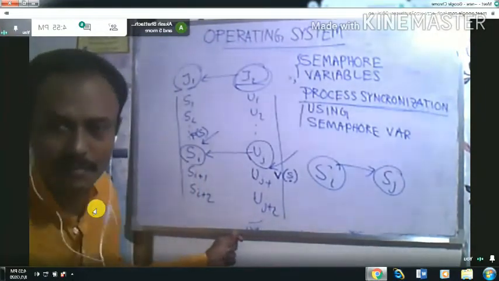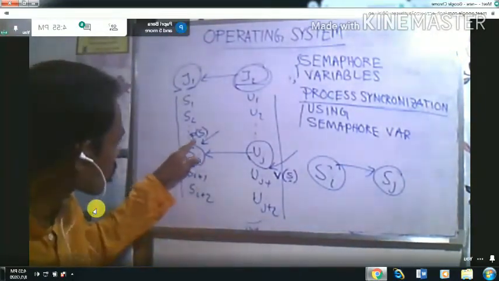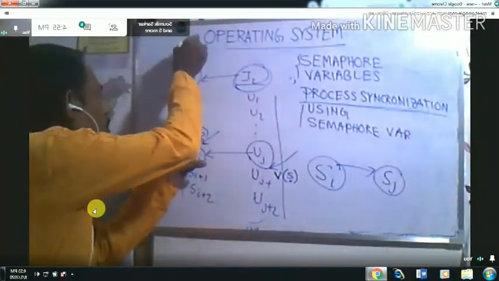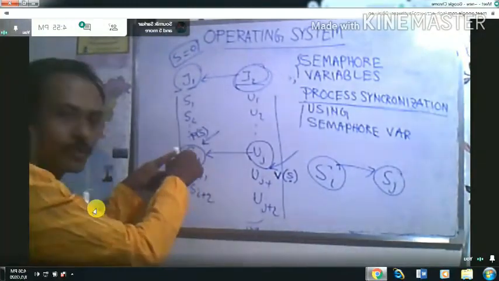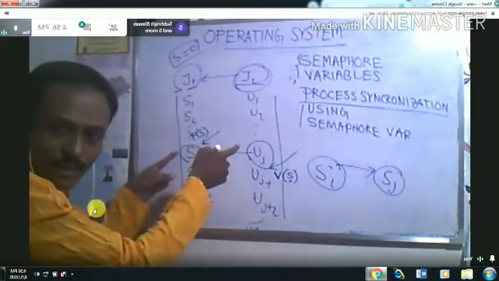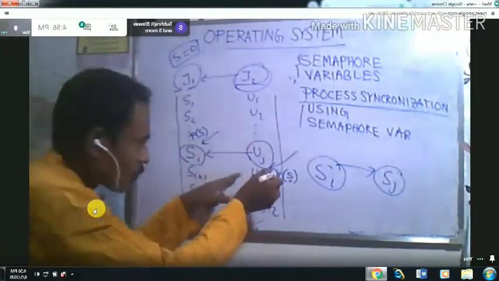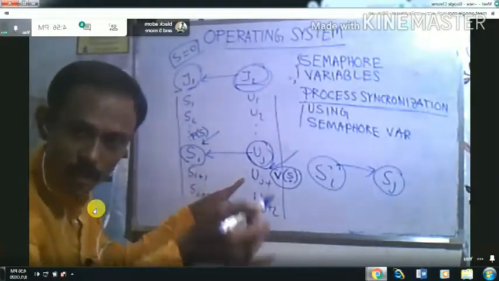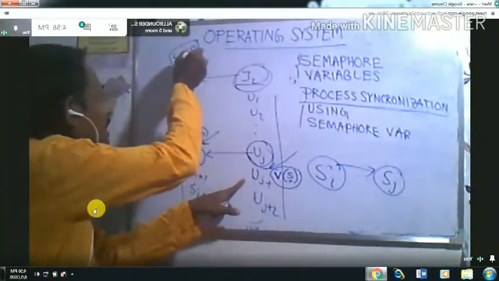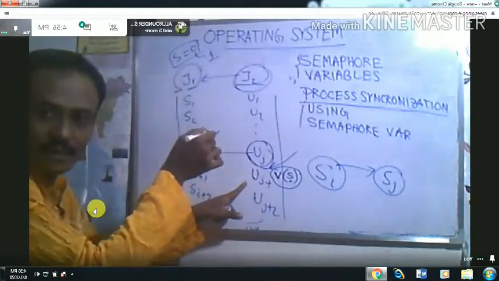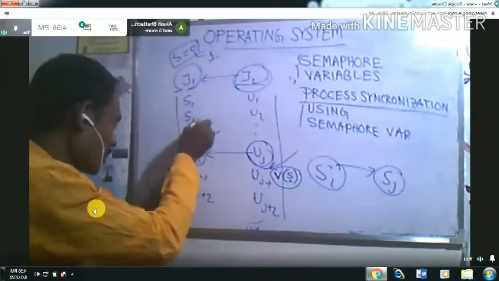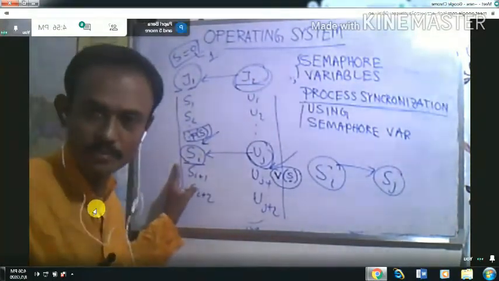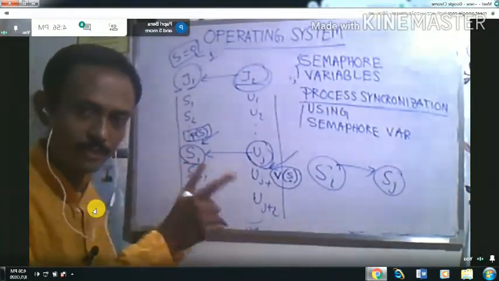So before SI, when it calls P(S), the semaphore variable initially is 0, so it will stop. It cannot execute in the critical section. Then after executing UJ, when it calls the V operation, the semaphore variable is incremented and becomes 1. Then only the P operation will execute and the SI statement will execute. Clear? This way the synchronization can be performed.